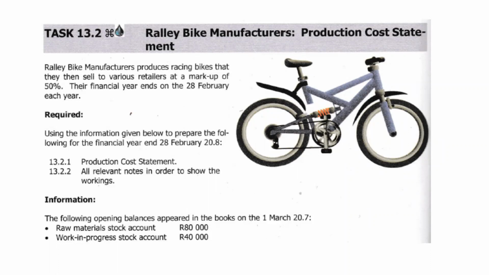It says here, Riley Bike Manufacturers produces racing bikes that they sell to various retailers at a markup of 50%. Their financial year end is the 28th of February each year. So basically, we know which financial year we're working with. So it is the 28th of February each year. Okay. And then they said,